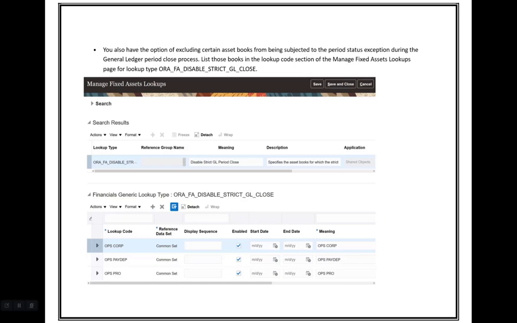But again, you may face a lot of issues when trying to close the GL period, because you first have to resolve all of the exceptions and unaccounted transactions at the subledger level. After that, once you close the same periods in the subledgers successfully, at that time the system will allow you to close the same period